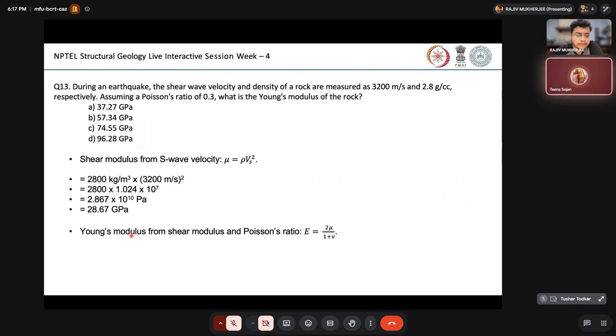Sir, in that formula, 1 plus nu should be in the numerator, no? Why? Because E is equal to 2G into 1 plus nu. 2G multiplied by 1 plus nu. Yeah, yeah, sorry. Yeah, you're correct. Yeah, if you eventually do this, then this